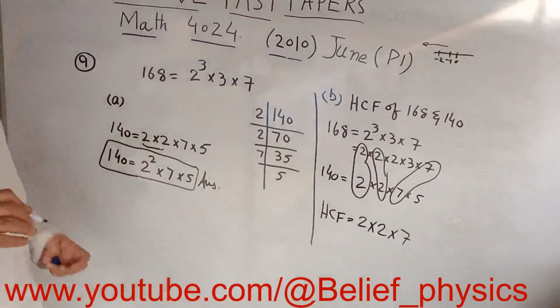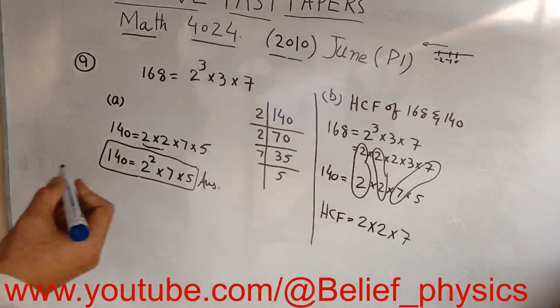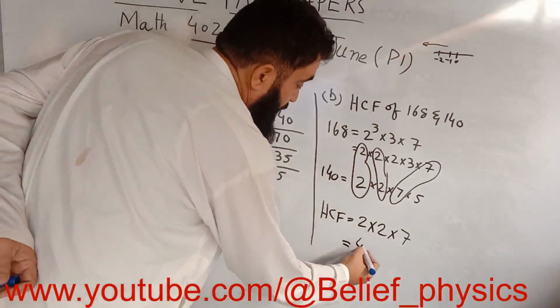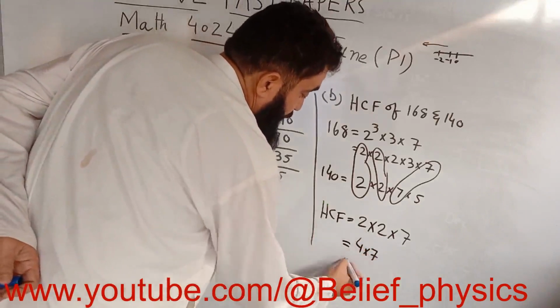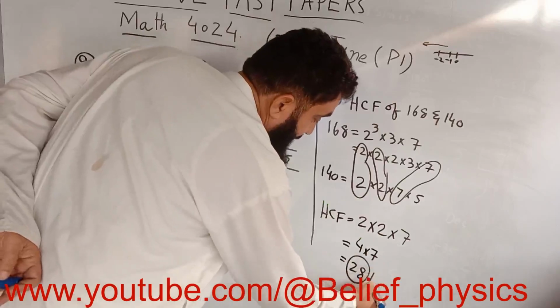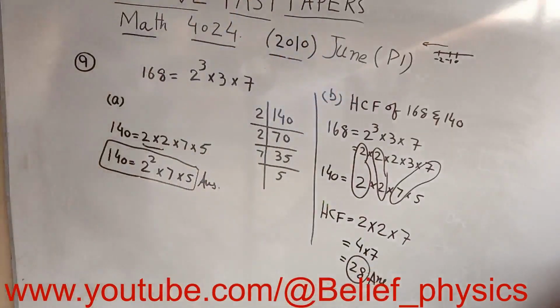We will only multiply the common factors. Therefore, this will be 2 square into 7. 4 sevens are 28. So 28 is the highest common factor of 168 and 140. That's it. C part is